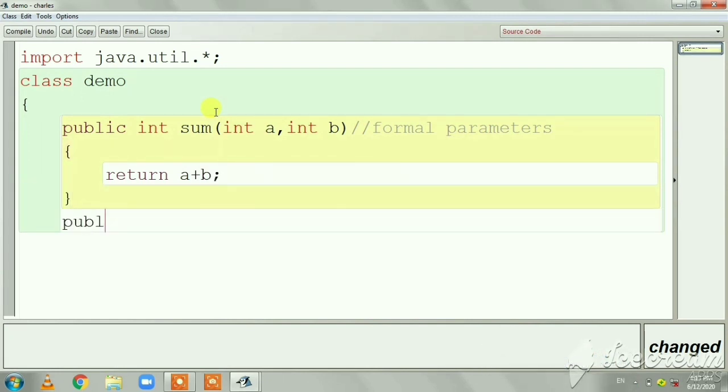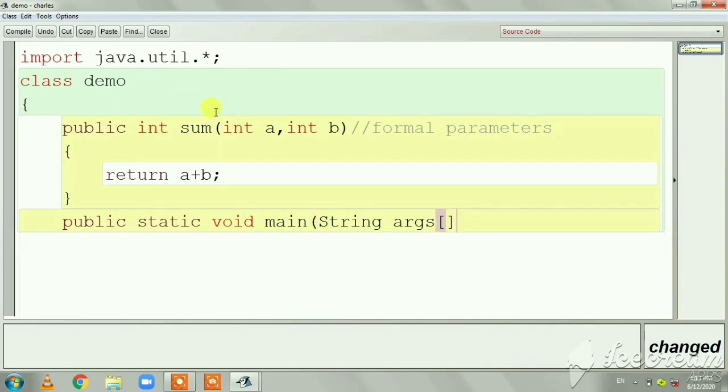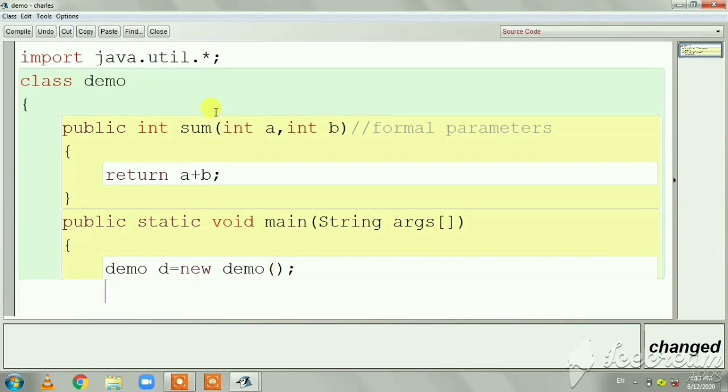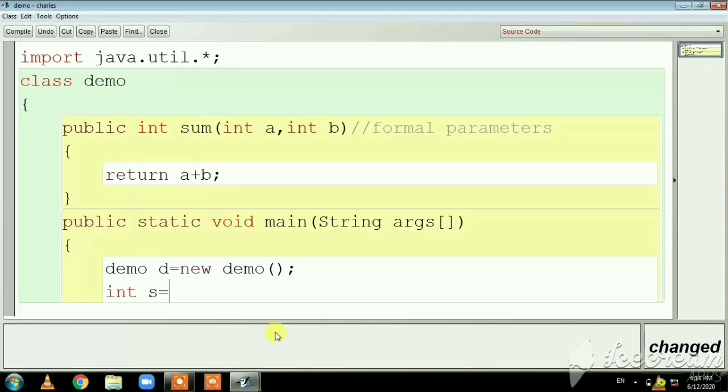Now I'm opening the main method, public static void main, String args. Now I'm going to declare the object to call the function: demo d is equal to new demo. To call the function I need one variable, so I am declaring the variable.